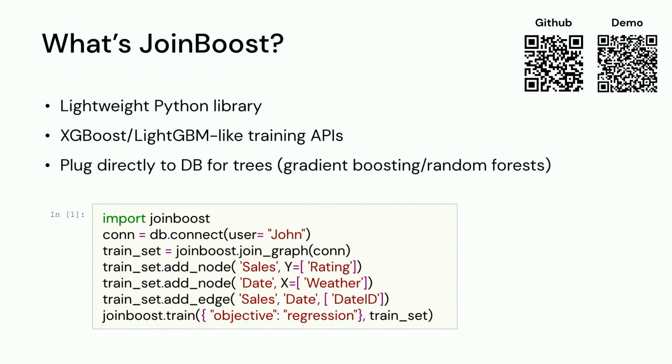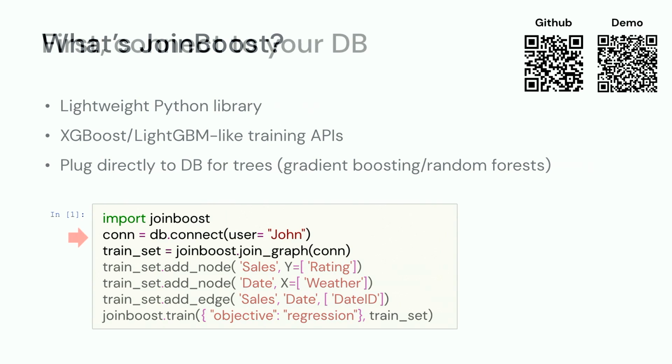So what exactly is JoinBoost? It is a lightweight Python library that provides a LightGBM and XGBoost-like API, but it plugs directly into your databases for tree training, like gradient boosting and random forest, without using a specialized system. Below is a code snippet of how you would use JoinBoost, which I will walk through line